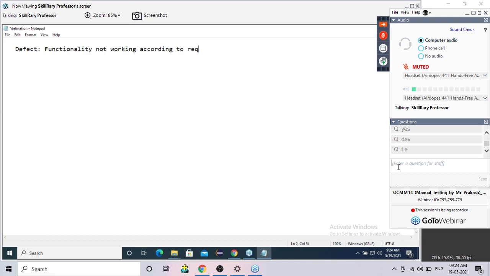For example, you do 1 + 1. The expected answer is 2, but I'm getting 0. That means the functionality is not working. Click on inbox, mail should be displayed, but I'm not getting the mails. Same story. Functionality is not working. You try to send a mail, the mail is not going. Again, functionality is not working. So whenever the functionality is not working according to the requirement, that concept we call a defect. Is this clear? The first definition is clear.